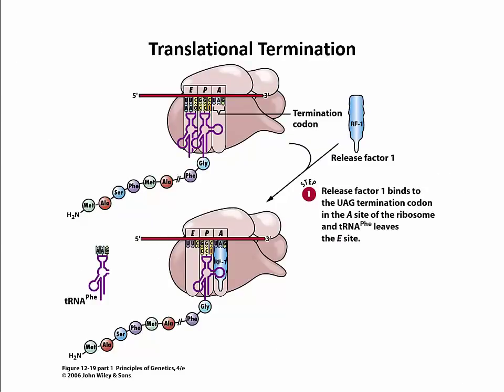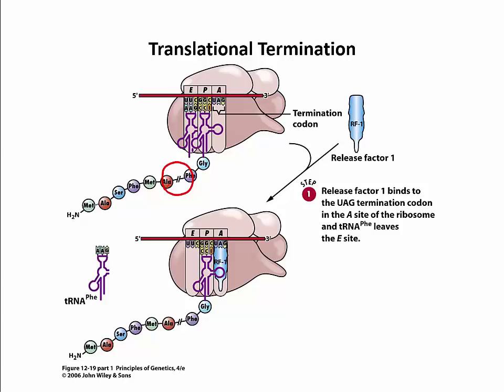All right, so termination is relatively straightforward. The process of elongation is going to occur over and over again. We've sort of highlighted a relatively long peptide chain here by the mark here. You don't know how many amino acids are in between this, but eventually, as we keep going on, we're going to run into a stop codon. Now, there are no tRNAs and amino acids that are complementary to a stop codon, but there is a release factor. And so the release factor comes in, it binds to the stop codon at the A site, and now what